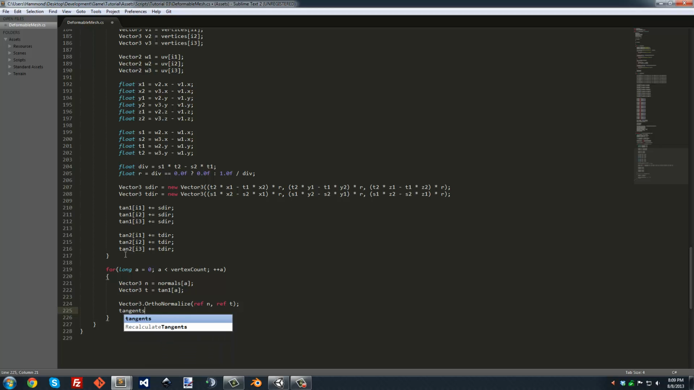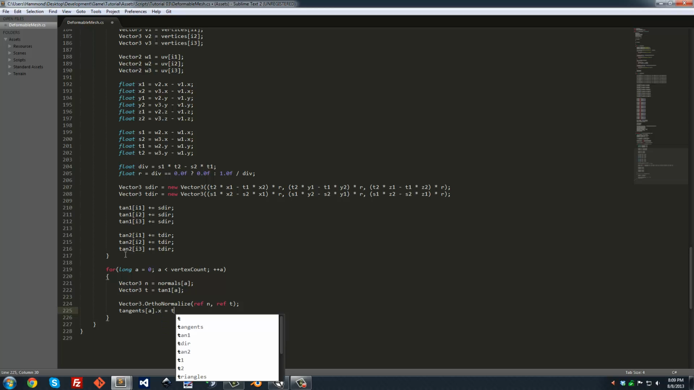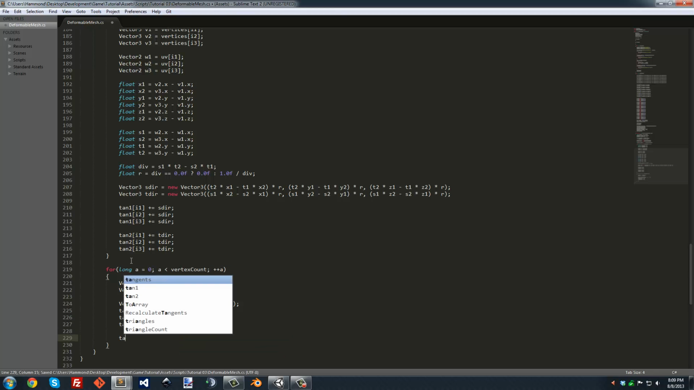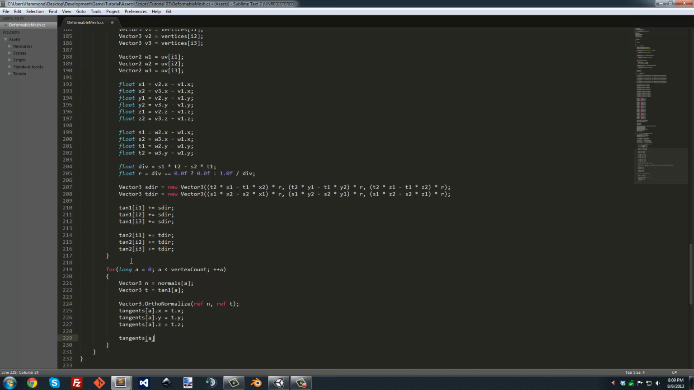Then we are going to set our actual tangents arrays. X is going to equal to t dot x, and then y and z. Alright, and forgot tangents a dot w. Remember that tangents is a vector 4. Almost forgot about that myself. So vector 3 dot dot. We're gonna get the dot product here, and cross product n and t